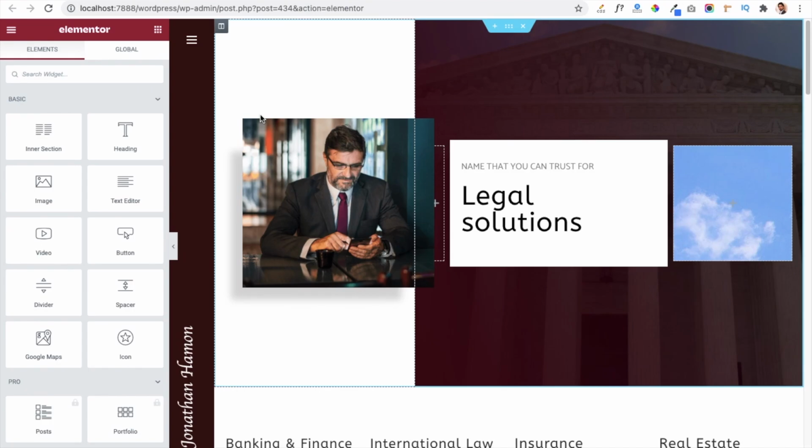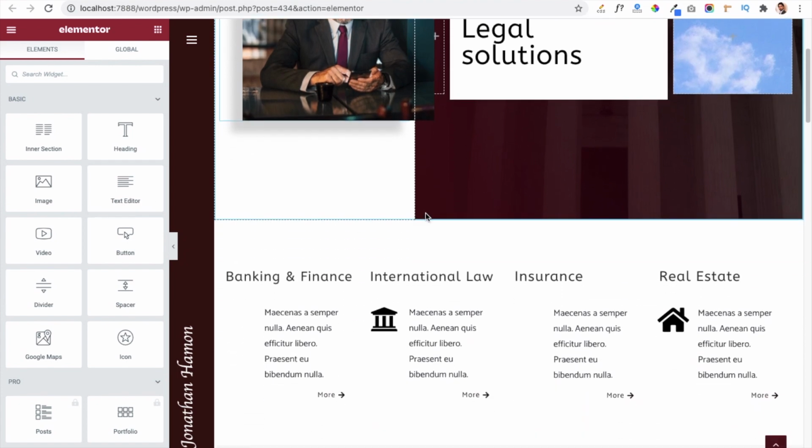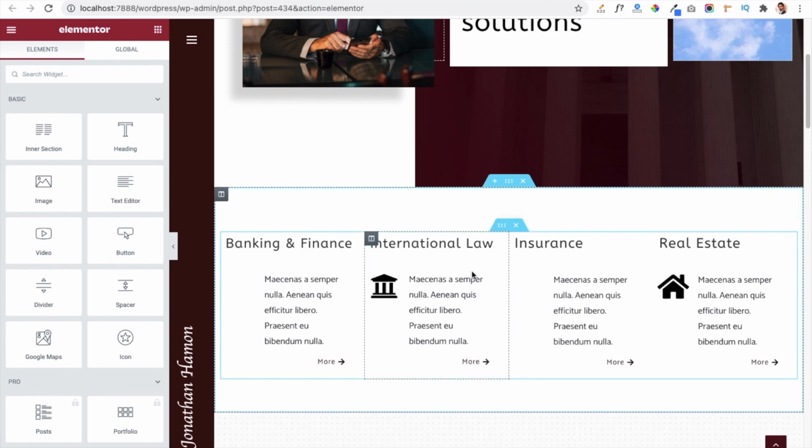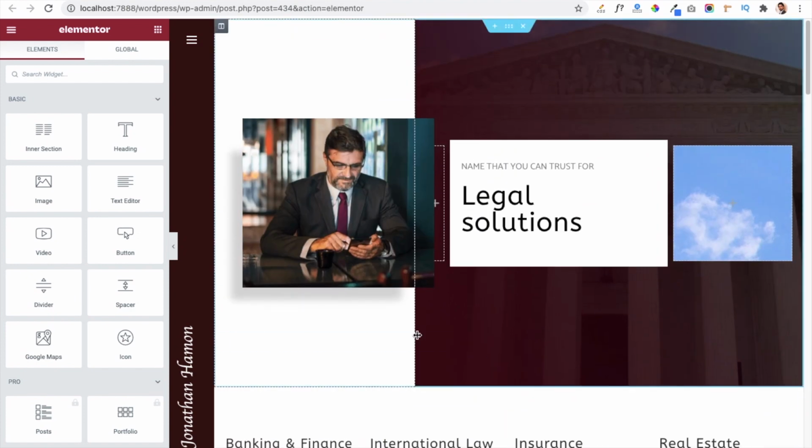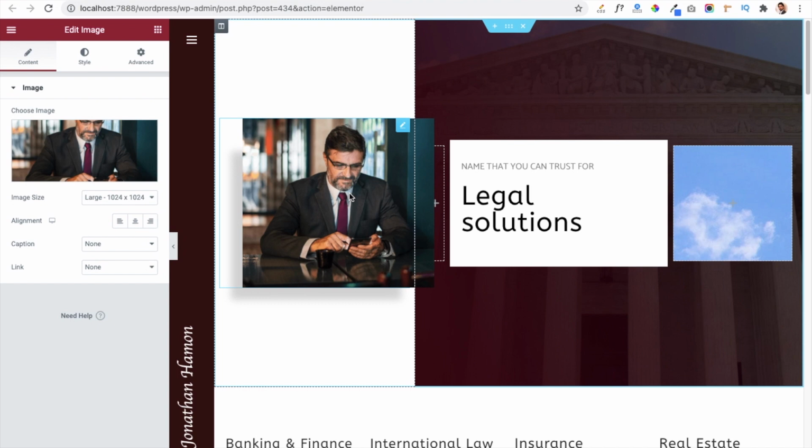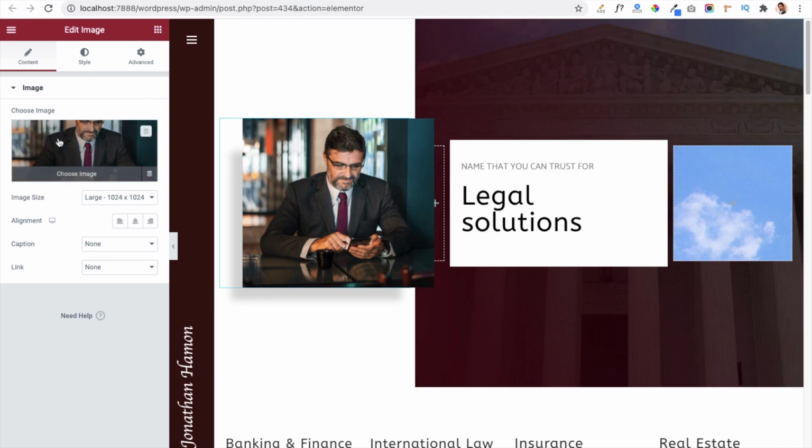So this is the Elementor editor page, where you can see at the left side the modules which we have used to create this website, and in the right panel you can see all the content. You can click on any content and manage or change it. So first of all, if you want to edit or change this image, you can click on this particular image and it will open all the settings in the left panel.